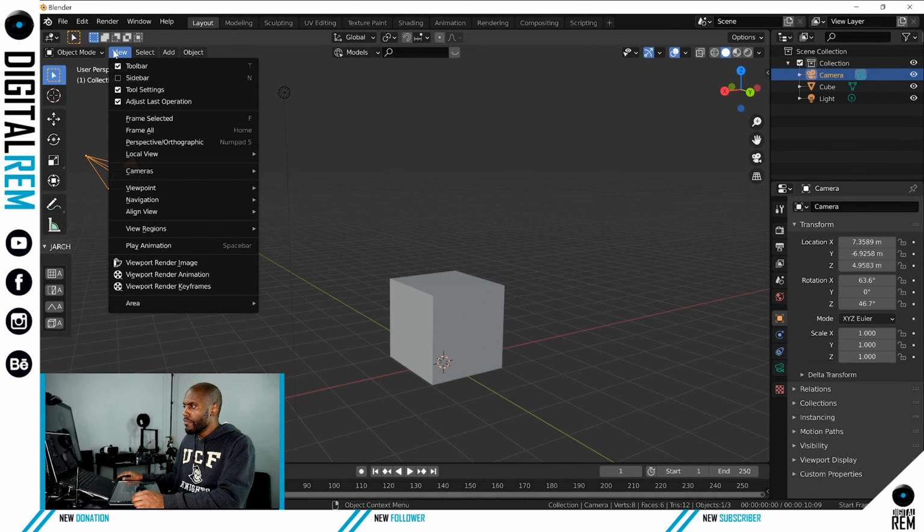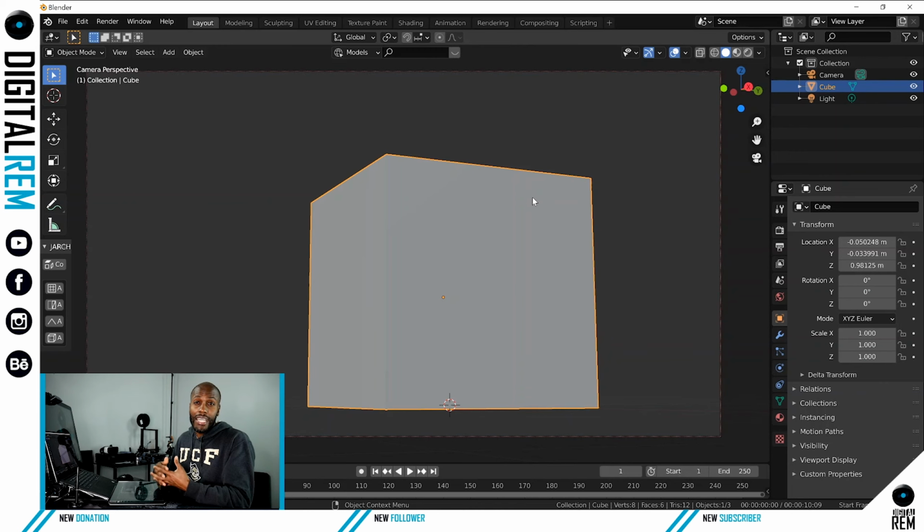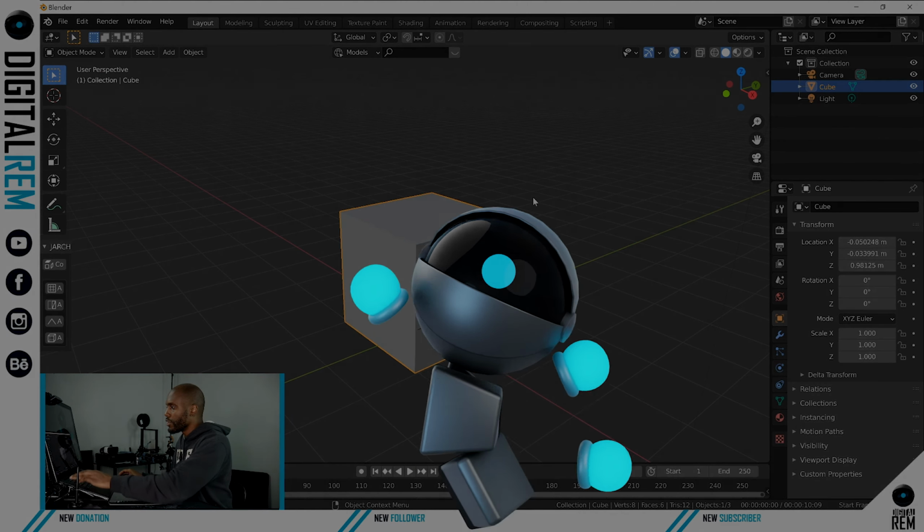And you can hit view and then go down to cameras and then select active camera. The image that is going to be created is going to be at this angle, with this camera. And then you can go back into